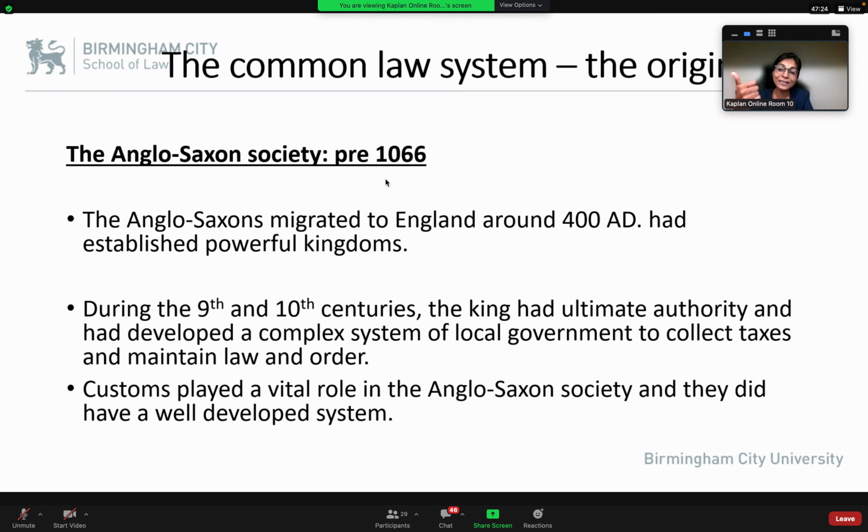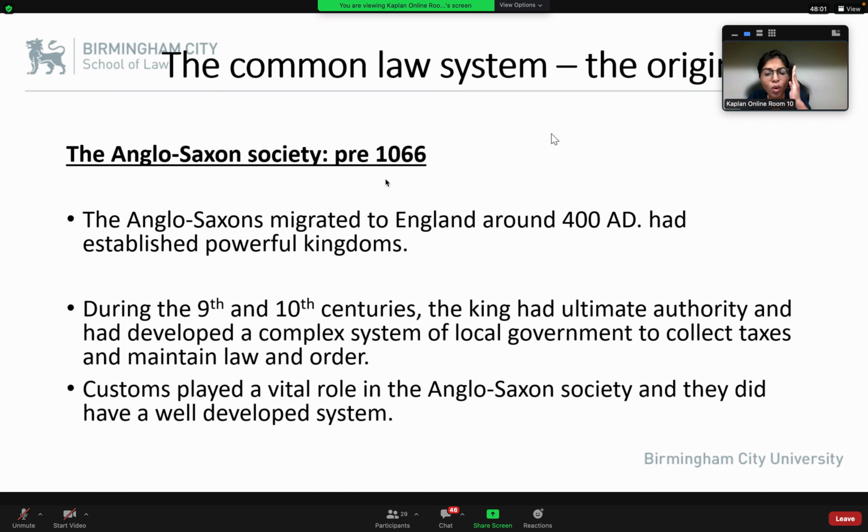Like how 1963 and 1965 are significant dates in Singapore, 1066 is also significant in England. Why? Because this is the historical moment. This is the start of the Norman conquest. What is the Norman conquest? When you look at the royal history, they're not pure English people. We've got some French involvement. That's from 1066.